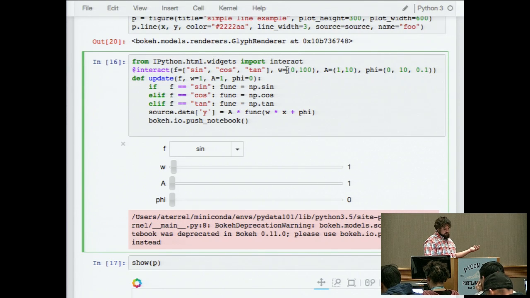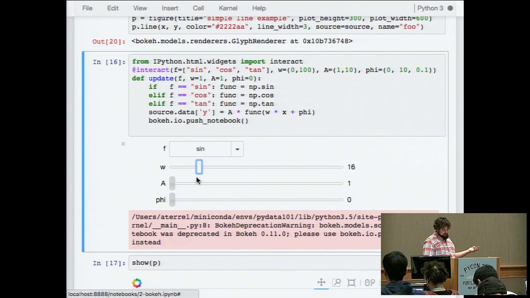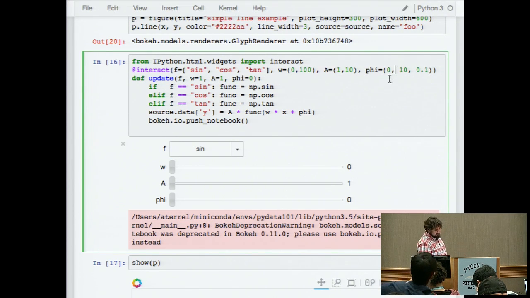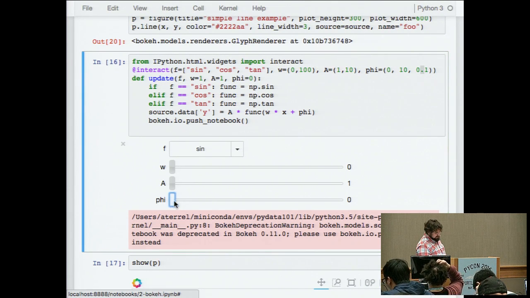Then I have w from 0 to 100. Oh, that must be ints, and I can play with ints. I have a and phi. Phi, you notice I have 0 to 10, but my step function is 0.1, so hey, that must be a floating point number, and it automatically creates it. Really powerful for just creating something